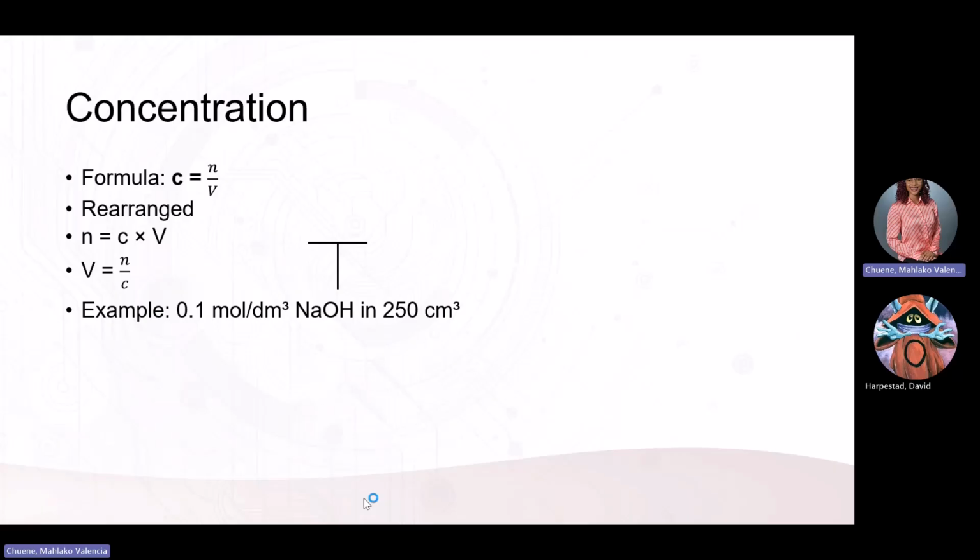So the first thing that you need to do is make sure that we are using the same standard. You will have to first convert that 250 centimeters cubed into decimeters cubed. And how do we do that? The conversion tables are there, and to move from